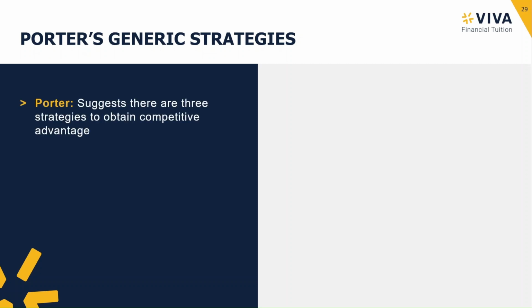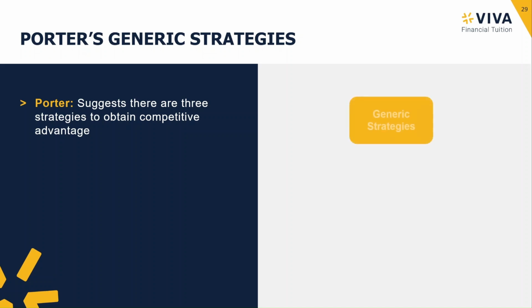So there's 3 ways of getting a competitive advantage. And these are good things to keep in mind when you're reading a scenario in the exam. Try to identify which of these 3 strategies they're following. They say 3. Really, there's 2 basic ones that, in the exam, they'll either be a cost leader or